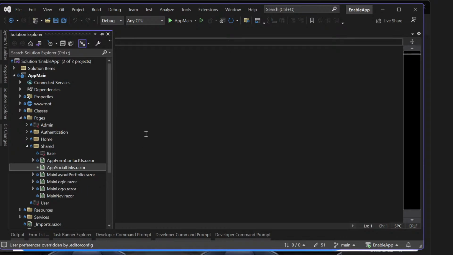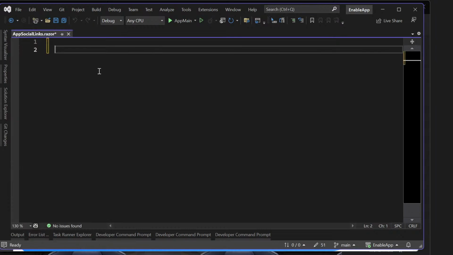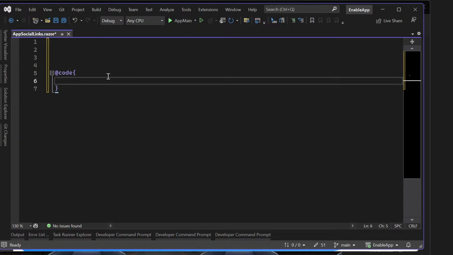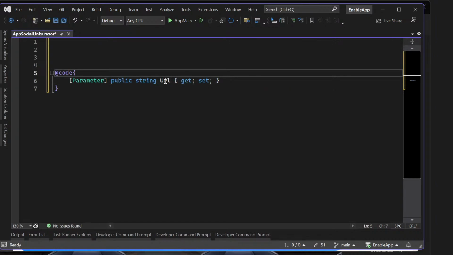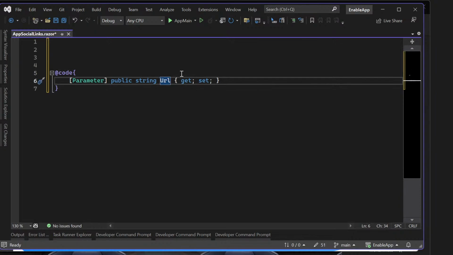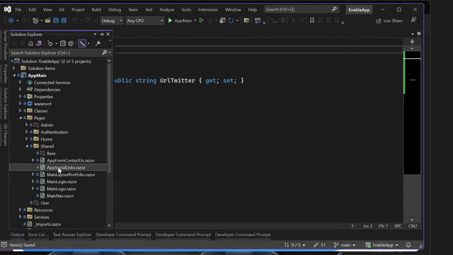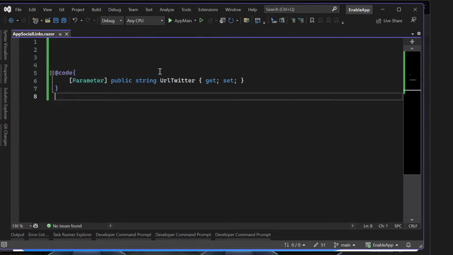You can actually add the code down here in the page if you want by using like code and then putting all your stuff there. And actually, just to show you, I believe, so if I say parameter, well, that's Copilot working very well. So public string URL, maybe we'll just keep it like that, but we'll say URL Twitter. And basically if I click save,